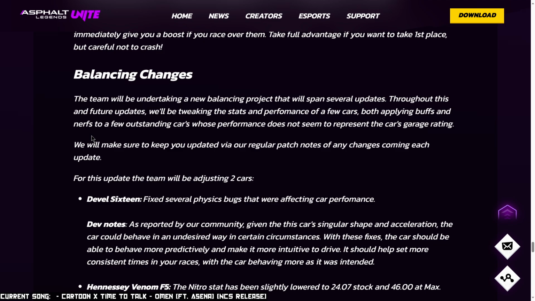Because then if you have a car that has a rank that doesn't represent its performance at all and it's really good for the low rank, then it's going to be an OP car once it gets matched against other cars of similar rank. Now, this is honestly going to be a massive undertaking on balancing cars,